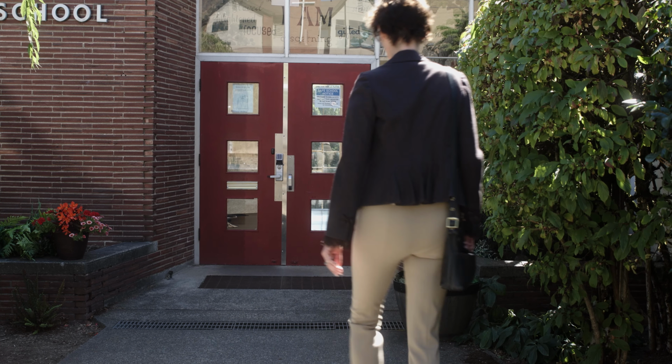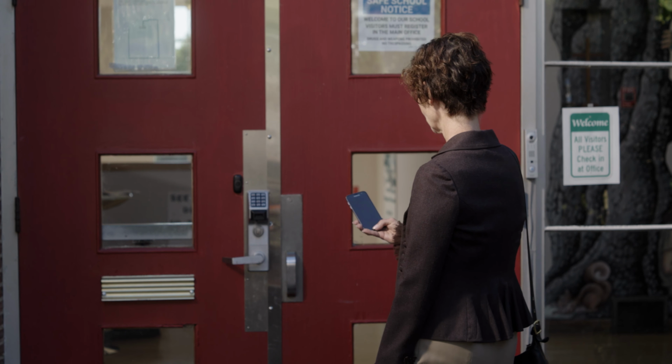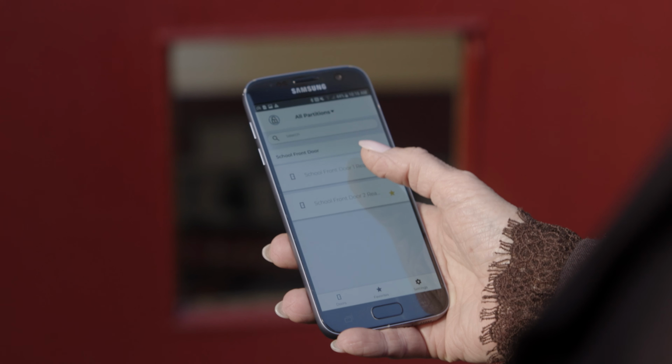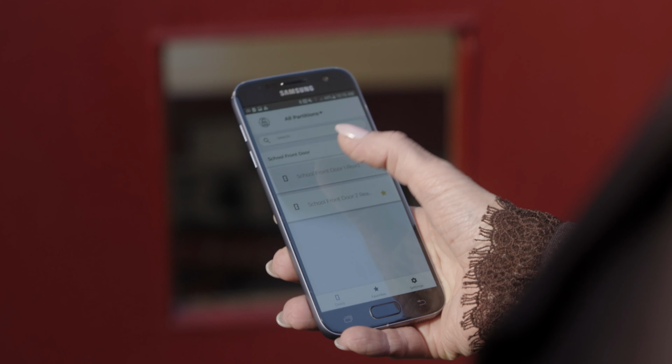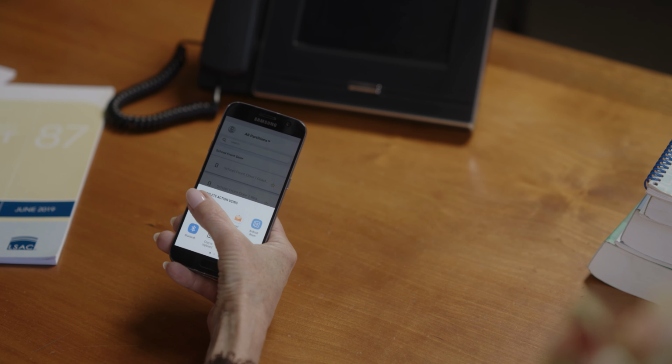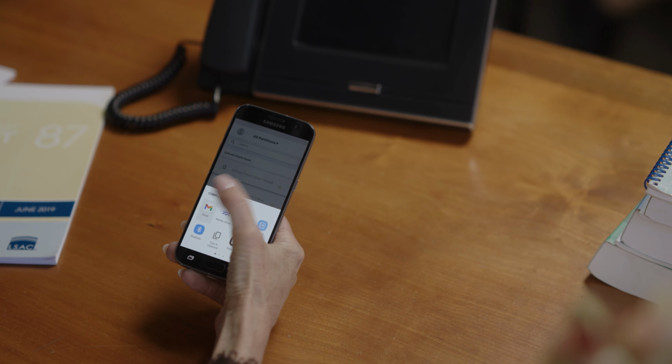AC Key mobile apps offer convenient ways to safely grant access to authorized individuals in schools. Advanced access control systems allow authorized users to use their mobile devices for access to secured areas. A sophisticated mobile app allows you to send a link to visitors, authorizing their access to specific doors within a set